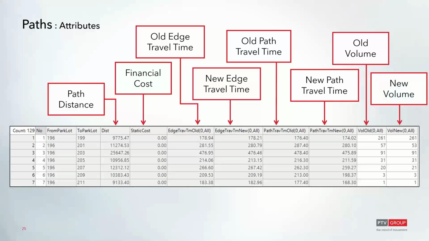And then you can also see the number of vehicles on the path for the current iteration as well. And if you do have multiple paths between OD pairs, again, this is a really great view that you can use just to determine how many vehicles are taking which type of path. And you can also use this to determine why vehicles might favor one path over the other, whether it be because of the distance of the path itself, or maybe the financial cost,